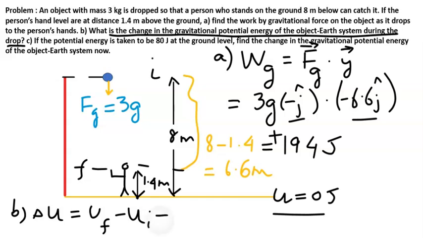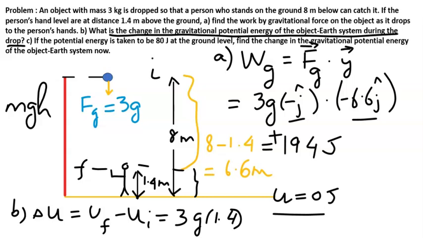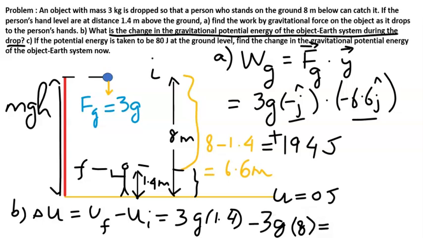The final gravitational potential energy is given by the expression mgh. So m is the mass, 3 kg, gravity is 9.81, and h is measured from the ground level. And in this case, it's quite simply 1.4 meter. The initial potential energy is again 3 times the mass times gravity. Now the entire height, which we know to be 8 meters, and the difference will give you the change in the potential energy, which is minus